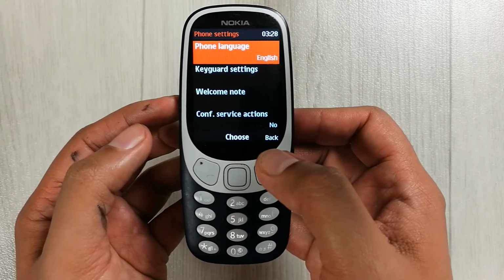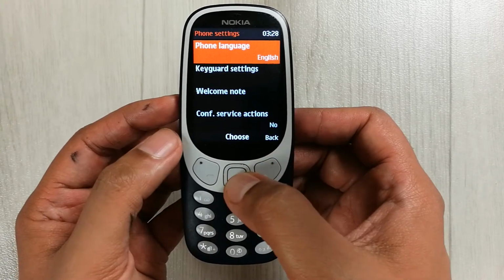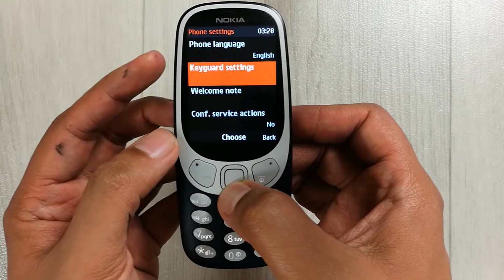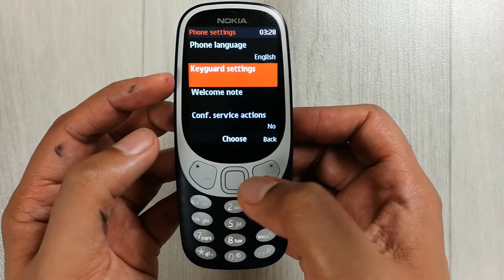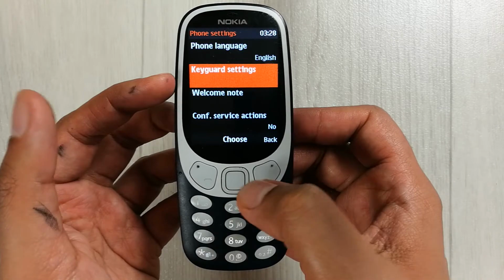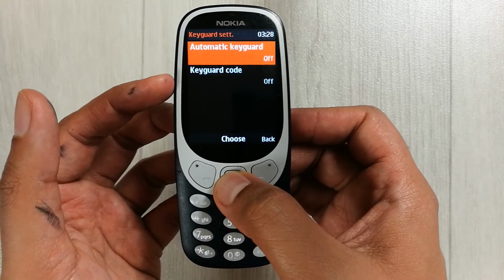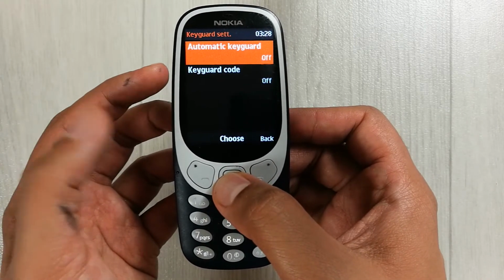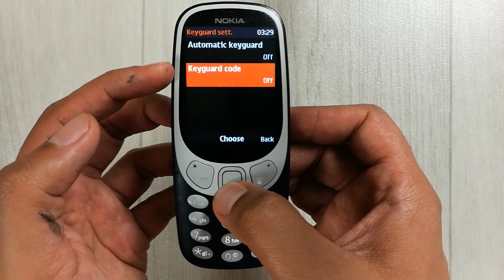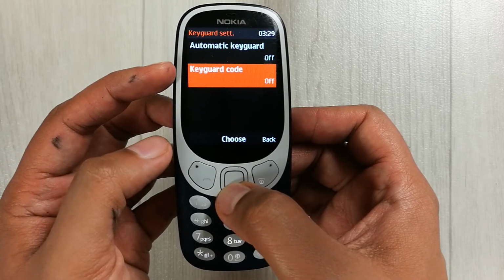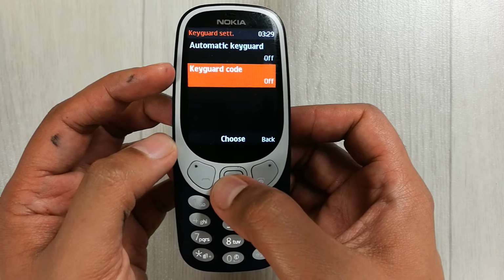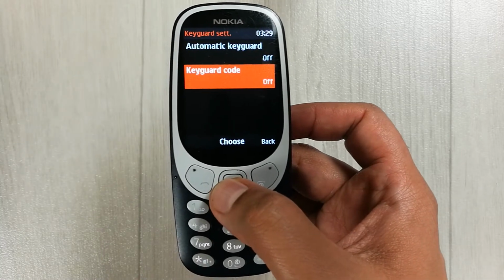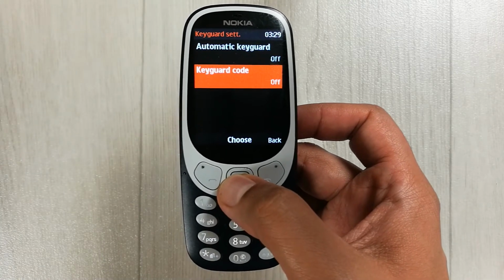Once you enter the phone settings, scroll down and you see the option of keyguard settings. Select it, and you see the second option is keyguard code. Currently it is off, so I have to turn it on.